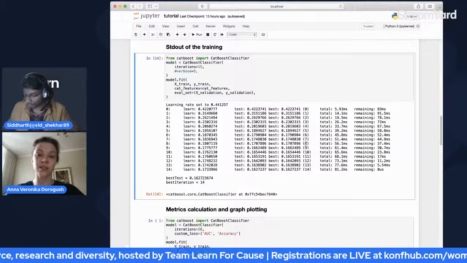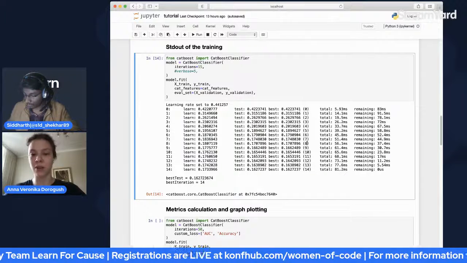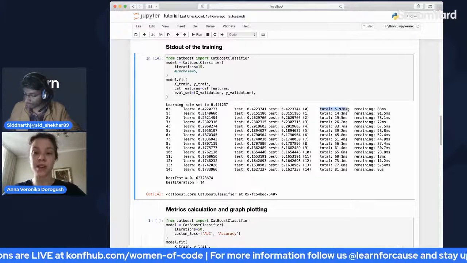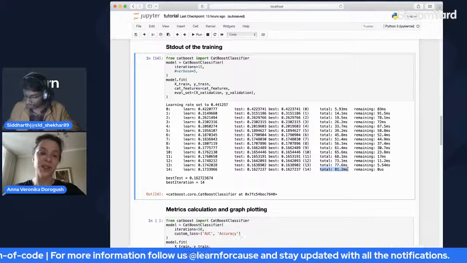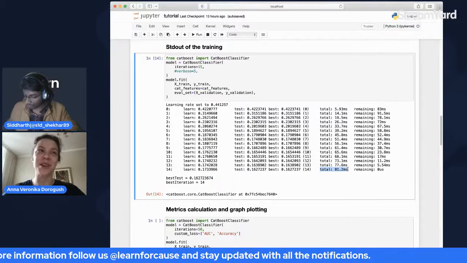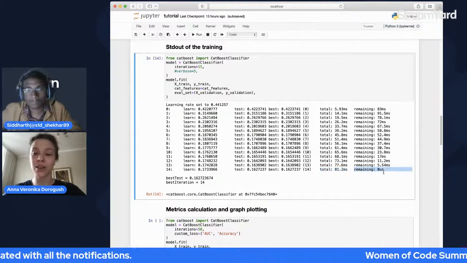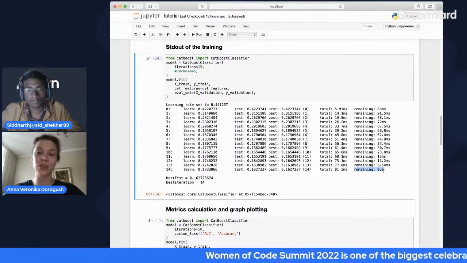And then you have here this number of your best iteration, or best number of trees that you have used. Also, you can see how much time has passed since you have started the training. And you can see that your training is working like 5 hours and it is still not done. But the very nice thing is that you also can see how much time has left. So how much more you have to wait.